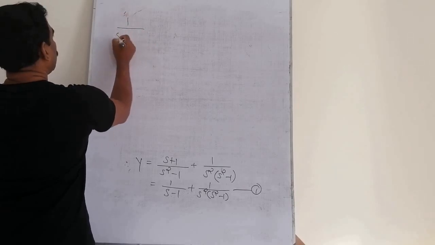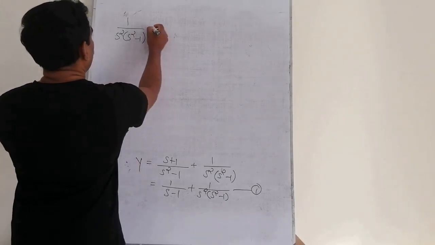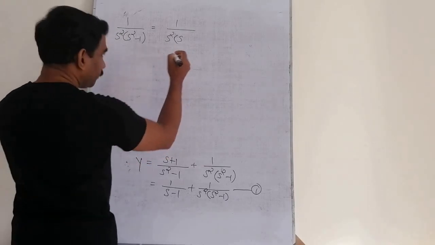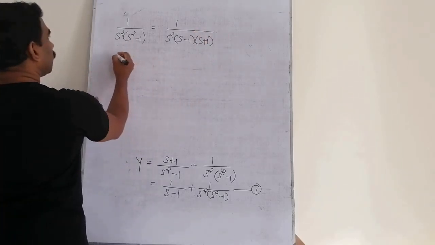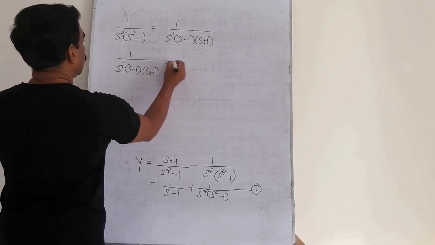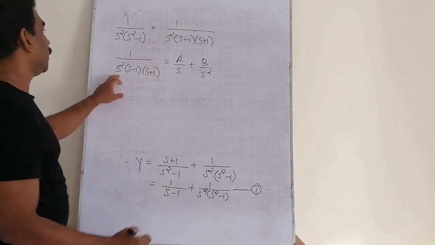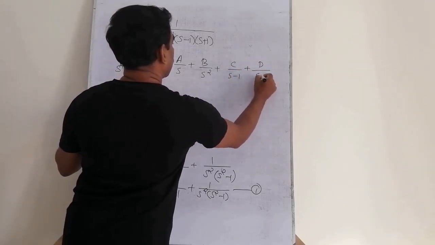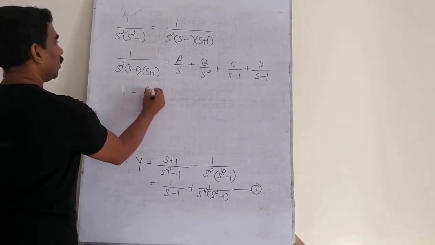1 by s square into s square minus 1 is equal to 1 divided by s square into s minus 1 into s plus 1. So this 1 by s square into s minus 1 into s plus 1 is equal to A by s plus B by s square for the repeated linear factor, plus C by s minus 1 plus D divided by s plus 1. Multiplying throughout by the LCM, we have 1 is equal to